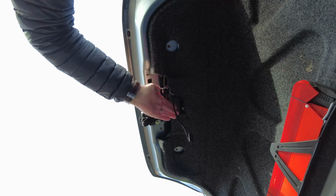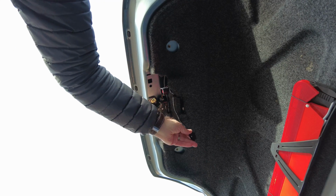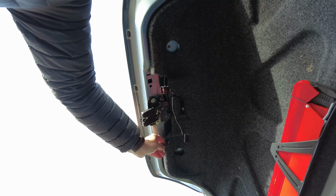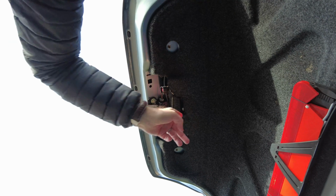So we've removed the trim. You can see here I've got the boot release detector and also the light connector in here. So it looks like I may just have to loosen off some of the trim just here to get access to the...